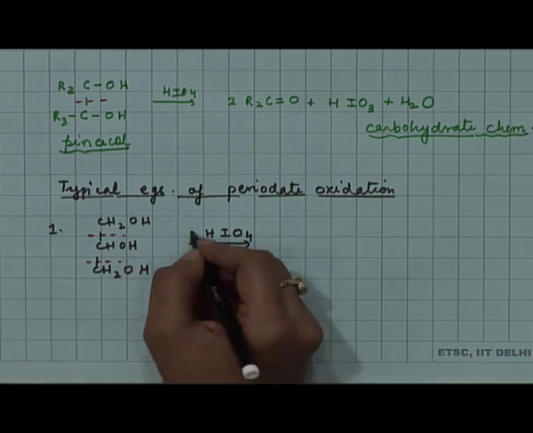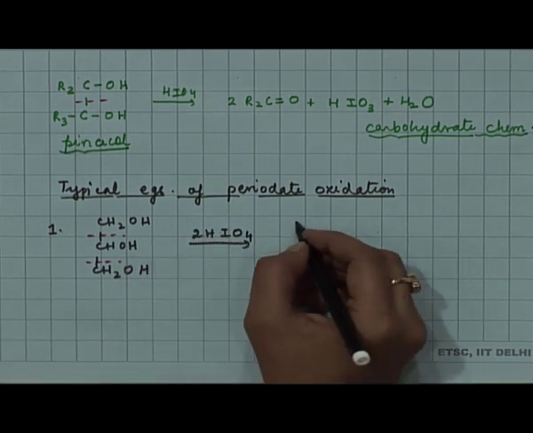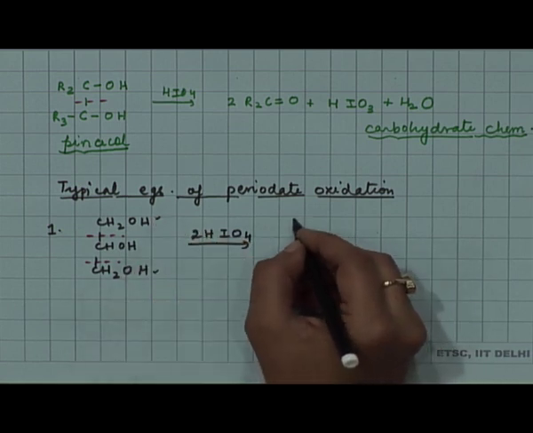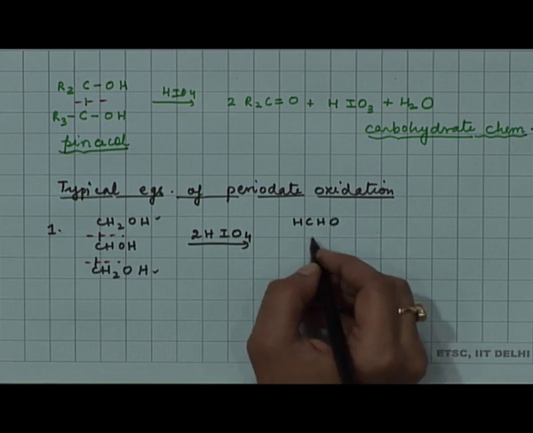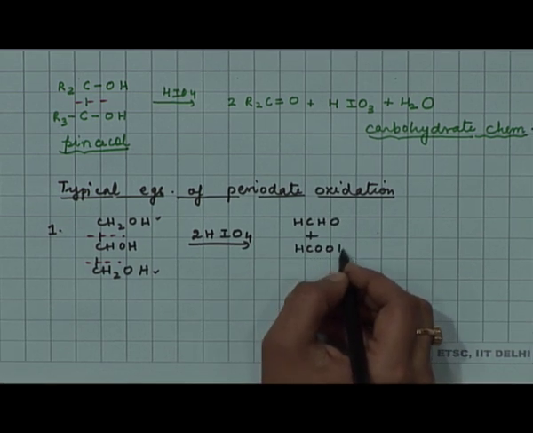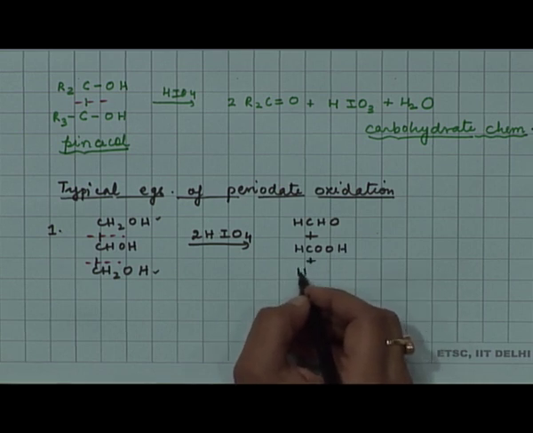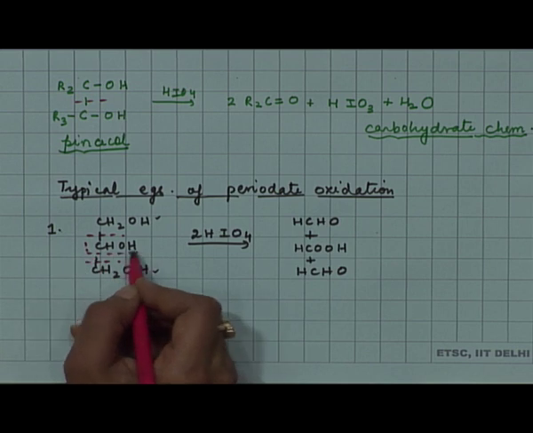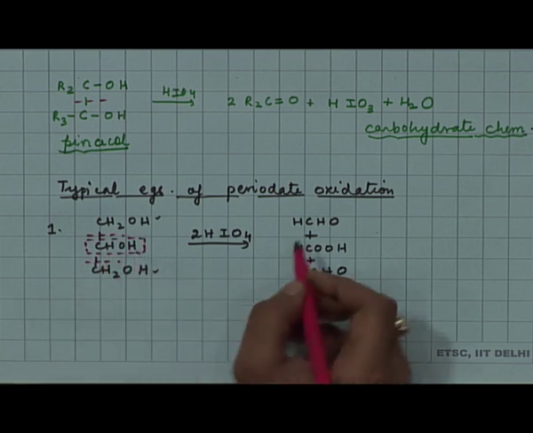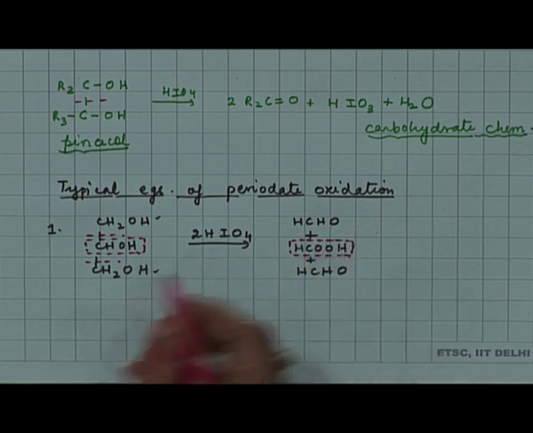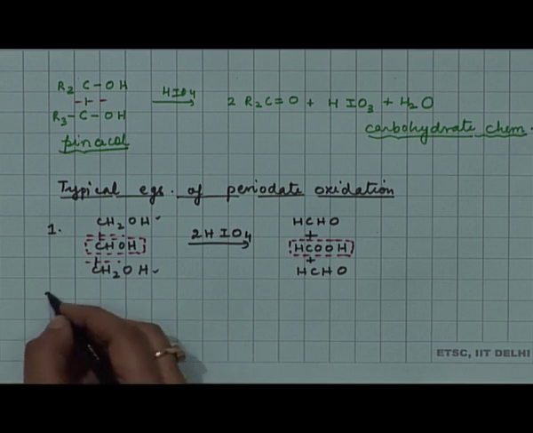So, this would require 2 moles of HIO4, and the terminal carbons bearing the hydroxyl get oxidized to aldehyde, and the middle one gets oxidized fully to the acid. So, this is what happens with the periodate oxidation, that if you have carbons in the middle which bear the hydroxyl functionality, they get oxidized all the way to acid,